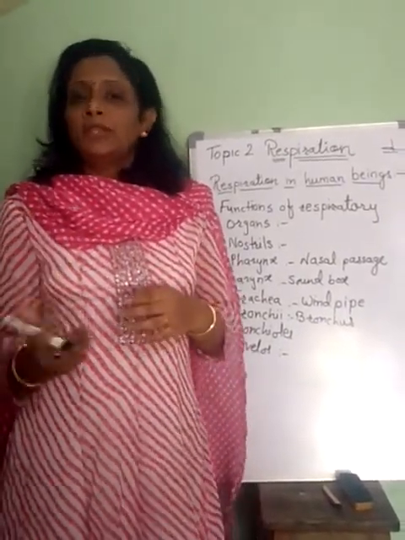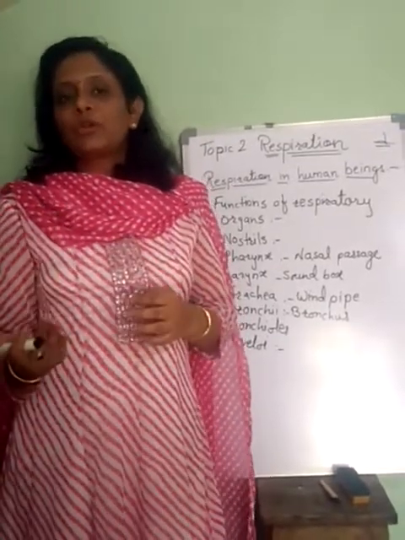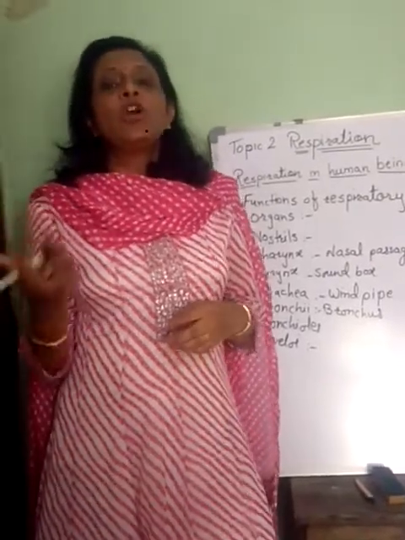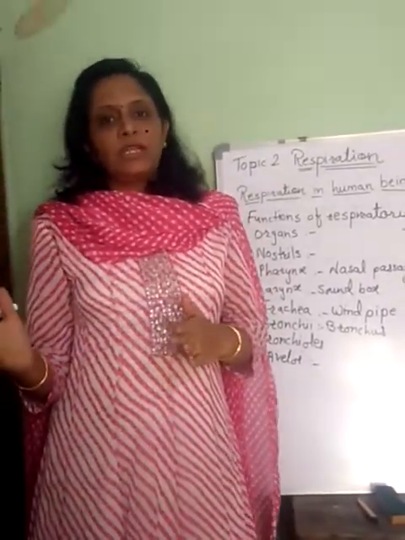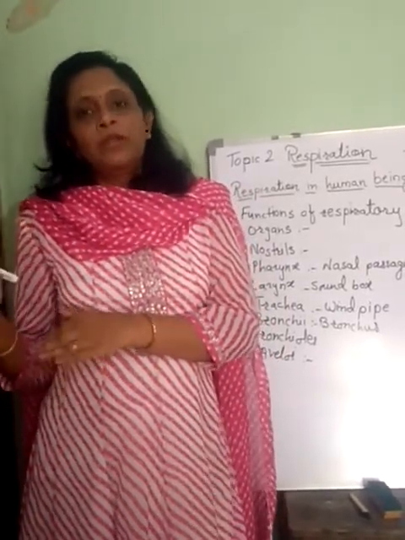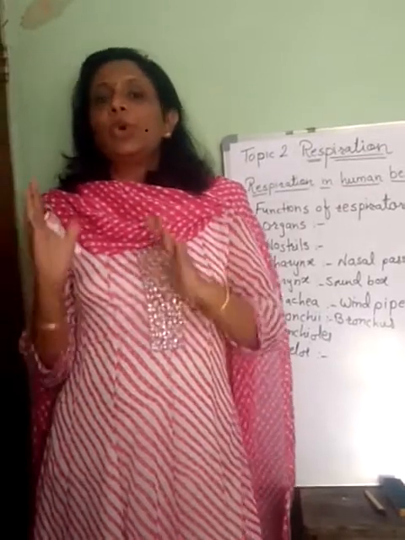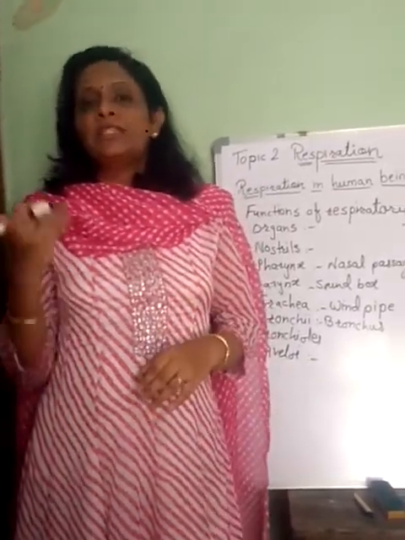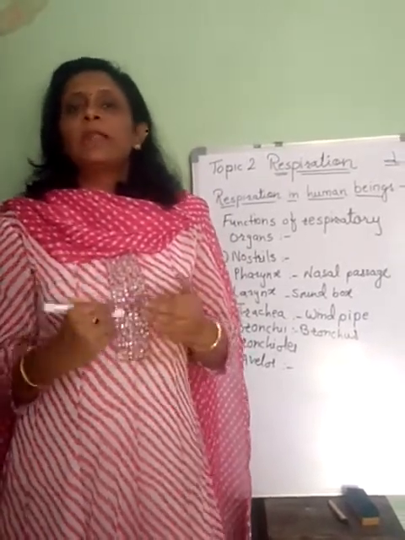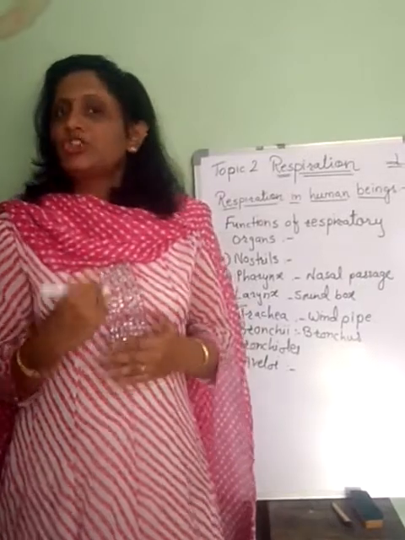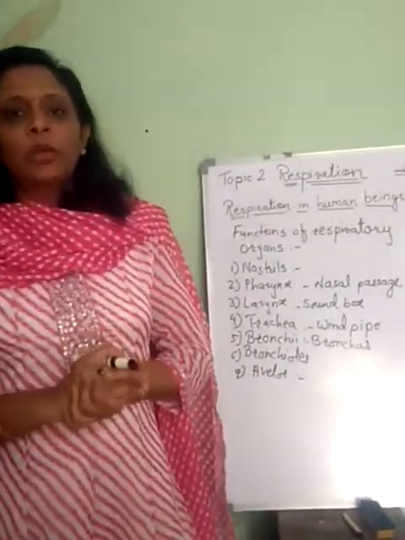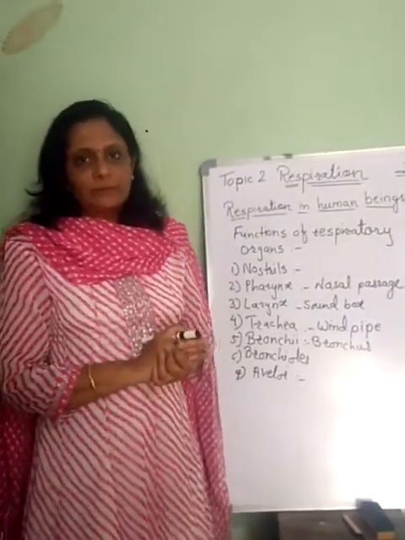So again, now this blood is purified blood, which is also called oxygenated blood. When it gets mixed with the oxygen, it is said to be oxygenated blood, and this oxygenated blood is again transferred to the heart by a vein called the pulmonary vein, and this is the only vein in our body which carries oxygenated blood towards the heart. So this is how the mechanism of the exchange of gases takes place, and all these organs play a very important role in the process of respiration.